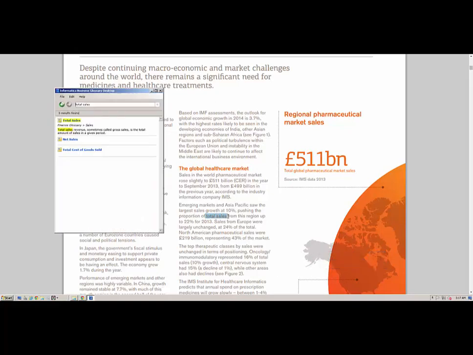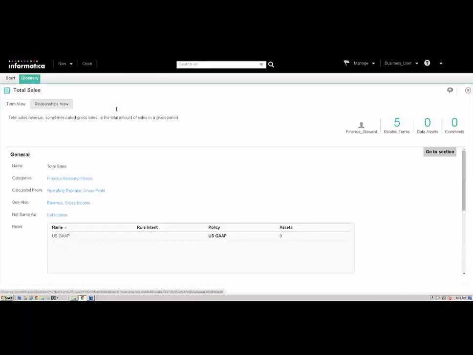The Business Glossary Desktop displays a list of assets that match the word that we highlighted. We can click the search results to view details about the term. We can launch the Analyst tool by clicking the icon in the top right. The Analyst tool opens in a browser. We log in using our credentials. We can view the properties of the term in the glossary workspace.